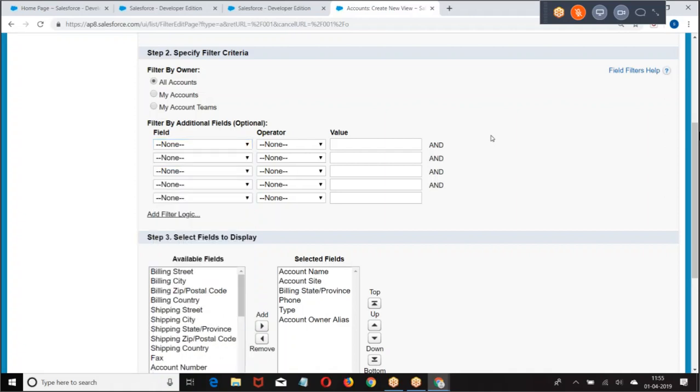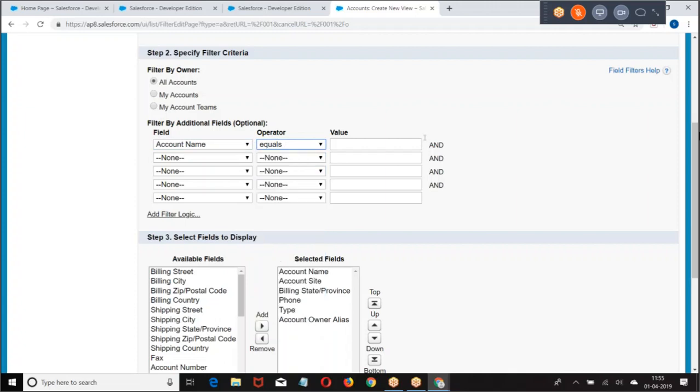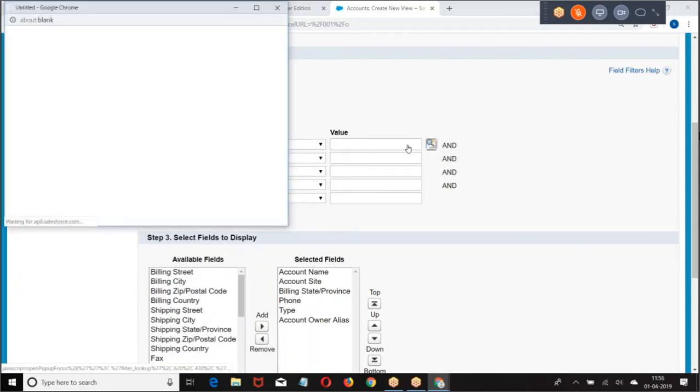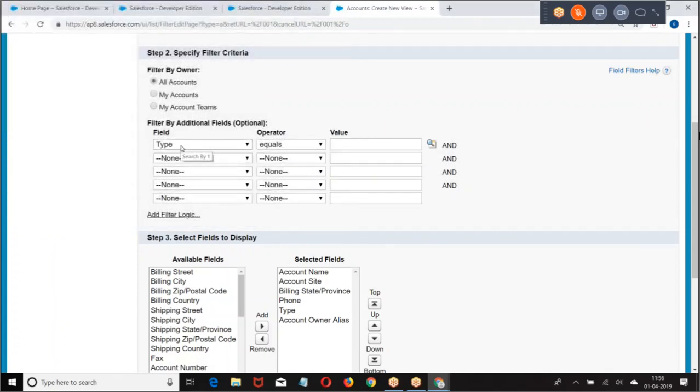Schema programming. Right. When I select account name, it is a name field. Based on the name field, we got the operators. Now, why are you not getting the pick list box here? The same thing, if I select type, automatically you're getting a box here, which says options of the pick list, right? Now, what they're doing is finding the data type of the field you selected. If the data type is a pick list, then they're giving it, right? Based on the field selected, they want to know the property of the field. If it is a pick list, then show me the pick list options. I hope you got my point, right?